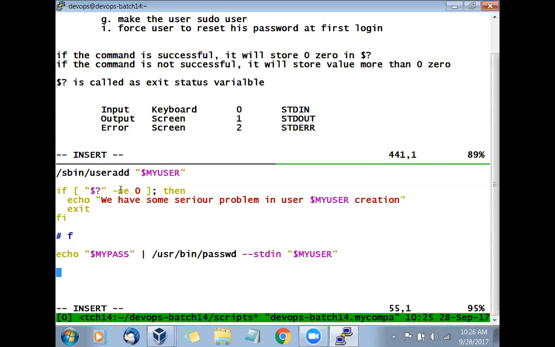Now what is the next step? Again, check the error. Is this correct or not? So what will we say? If dollar question mark is not equal to 0, then there is a problem. Echo, we have a problem in setting the user password.